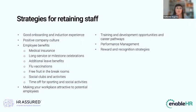Another thing to consider is training and development opportunities and the career pathways. So it's a real combination of training and development and coaching, and that's a really effective way to grow employee performance. So training is more so focused on the process of getting the skills required for a certain job, whereas development, on the other hand, puts more emphasis on the broader skills which apply to a wider range of situations in the workplace. So that could be things like decision making,